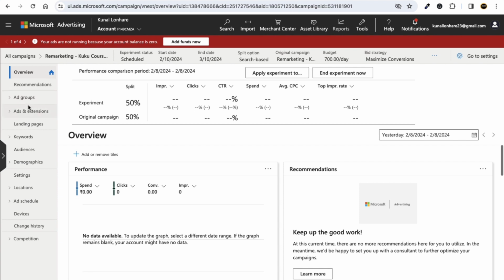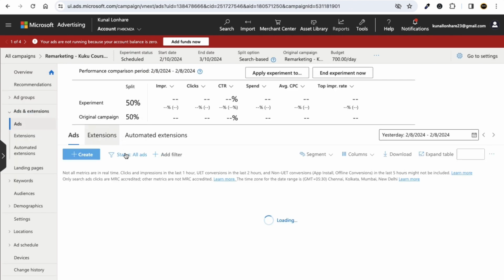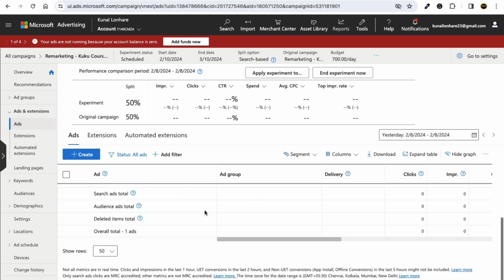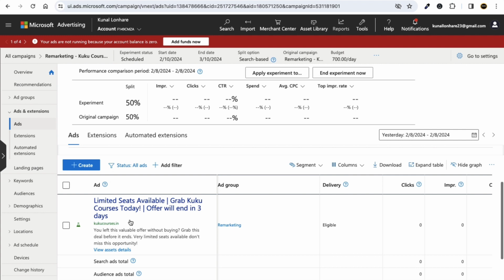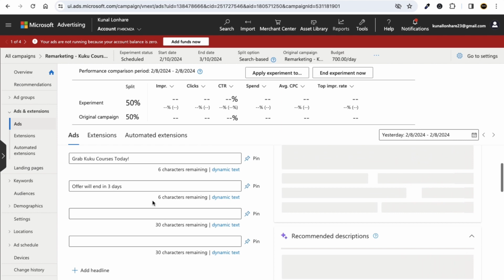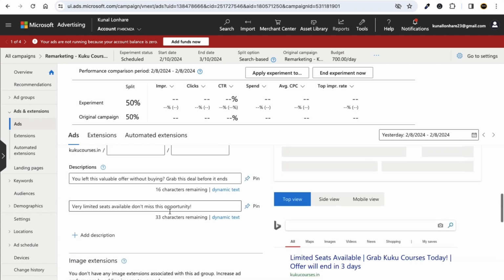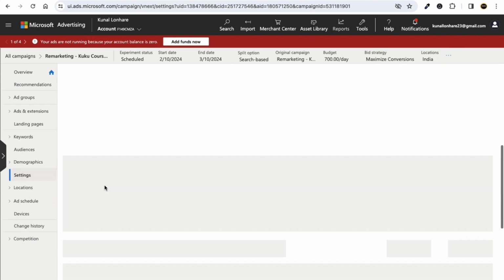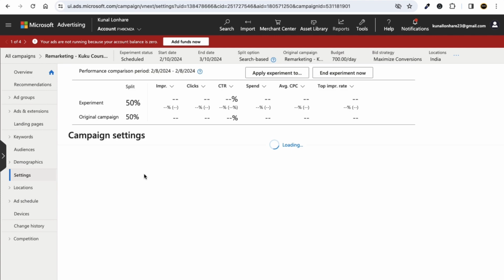Now you can just go inside the ads for this experiment campaign, okay. Now just go to the ad of the experiment one, and here you can change anything. For example, if I click on this edit option, so from here maybe you guys can test, or maybe you guys can just go to setting, and maybe you are confused that